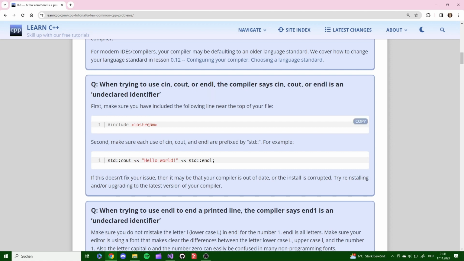This is called the standard library. Second, make sure each use of cin, cout, and endl is prefixed by std::. For example, std::cout << "Hello world" << std::endl;